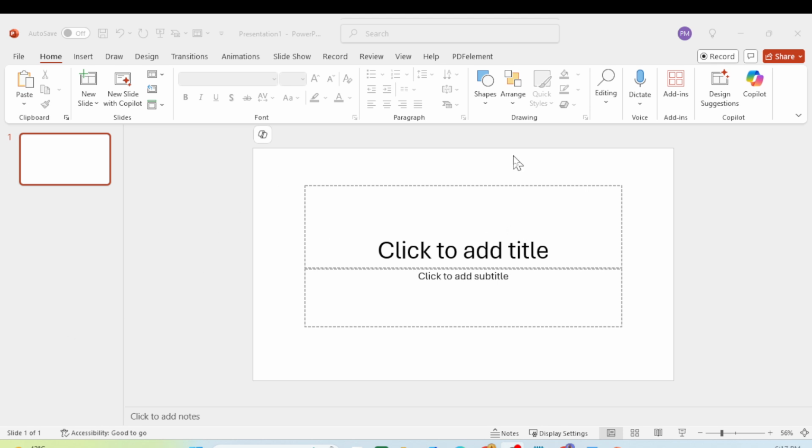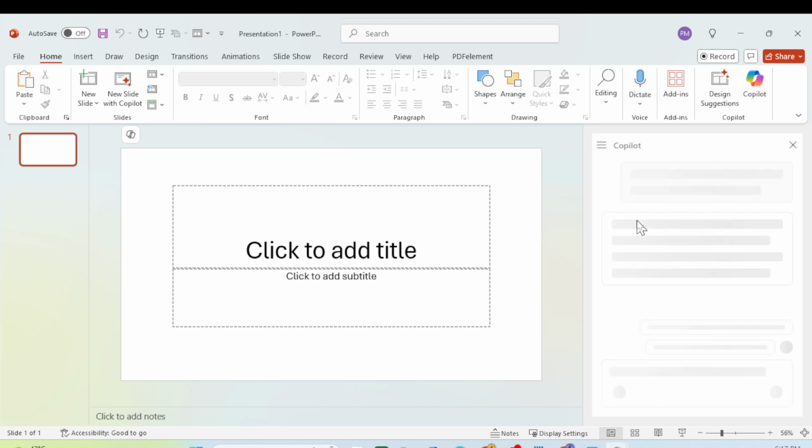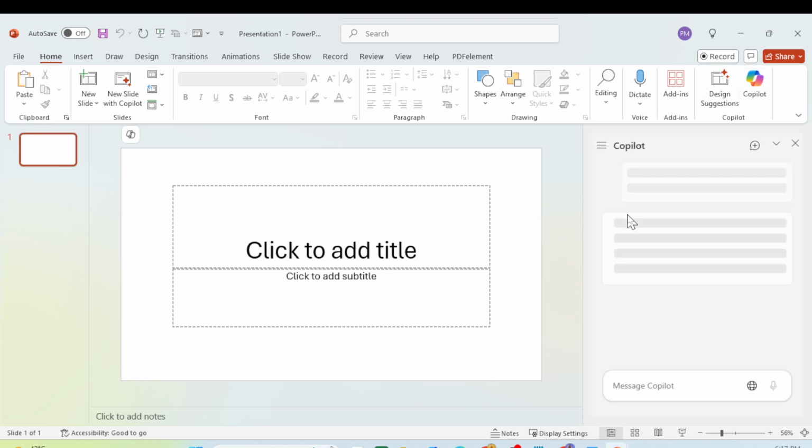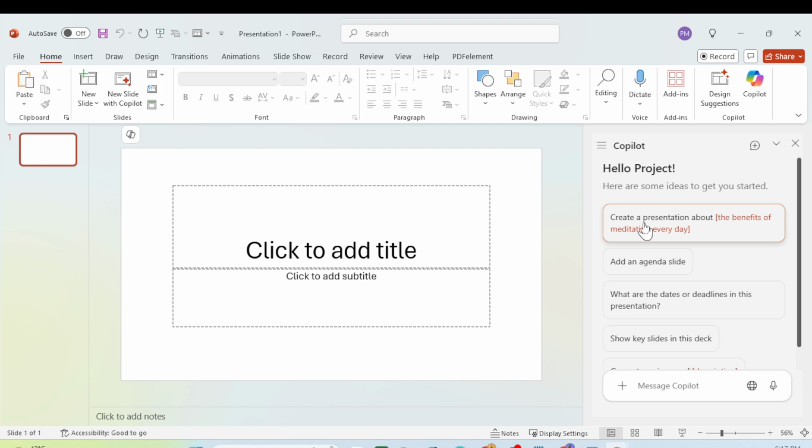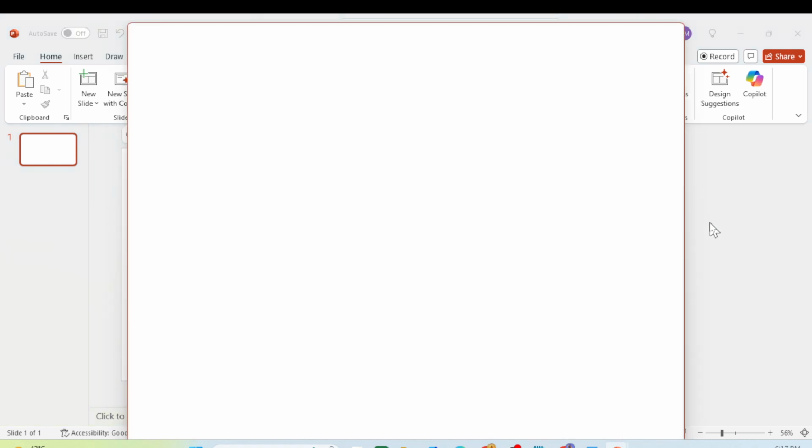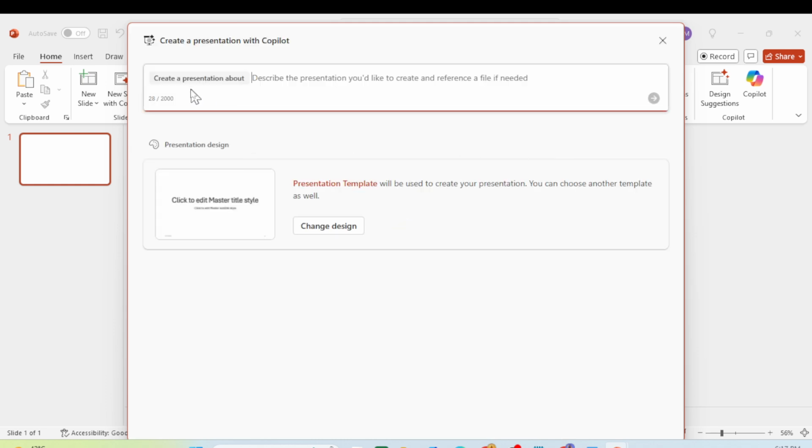You see over here in PowerPoint, if you have Copilot installed, you click on Copilot and all you need to do is ask it to create a PowerPoint presentation based on what you're thinking. So this says create a presentation about, and you can change this to whatever the about is. So over here, I'm going to say create a presentation about